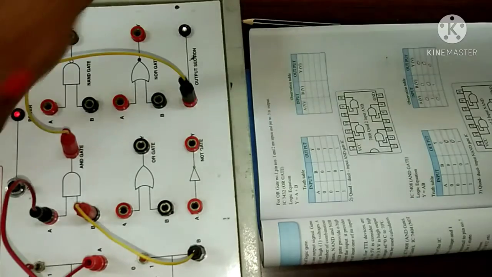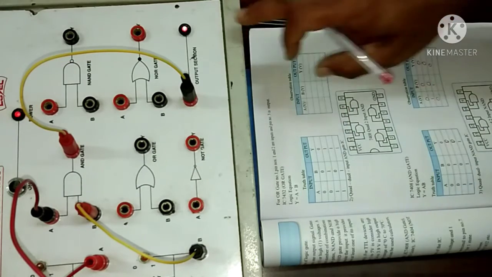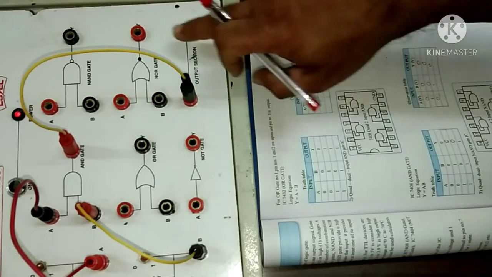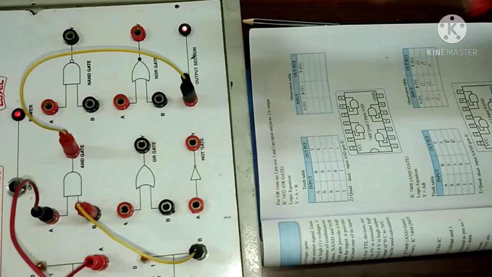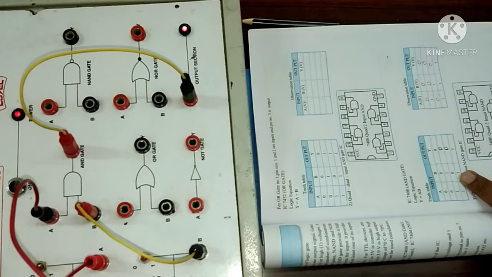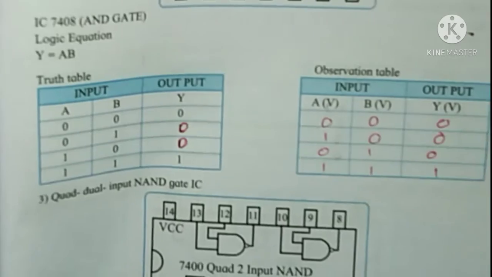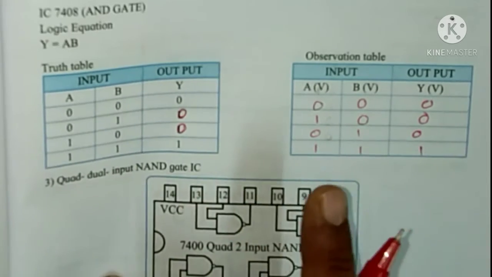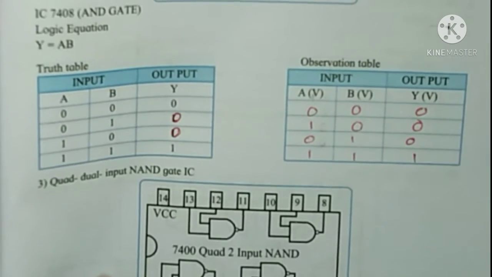Now we want to keep both the inputs high, that is 1 1. Then output is also high, because of here this LED glows. If the LED glows, it means that output is high, that is 1. So here we want to write down simply 1. So 1 1, here we get the 1. It means that here we verify the truth table of this AND gate. Here if you see both the truth tables, then their outputs are the same.